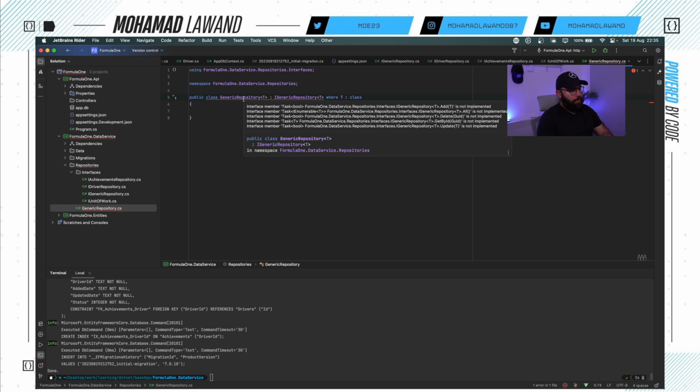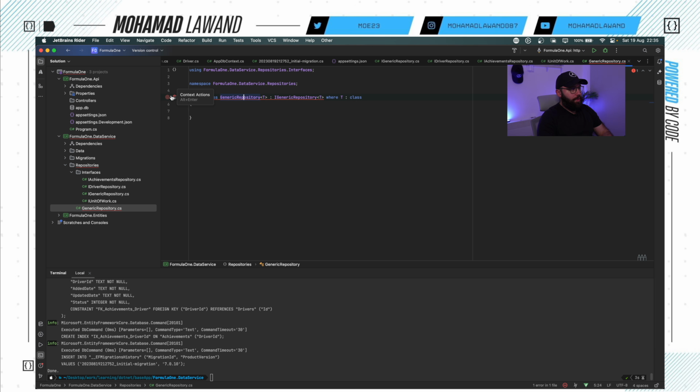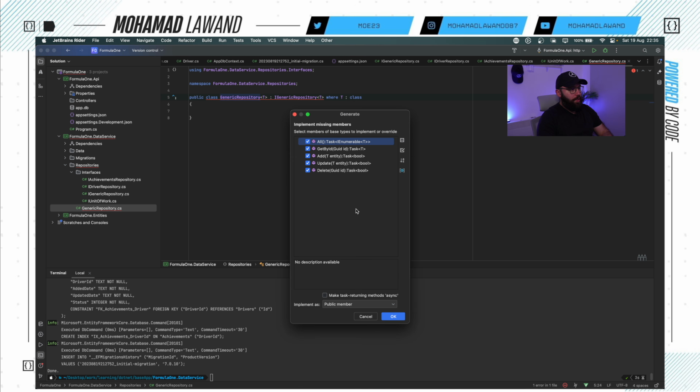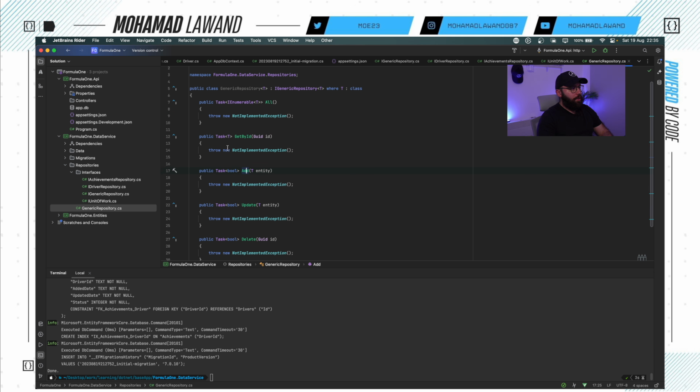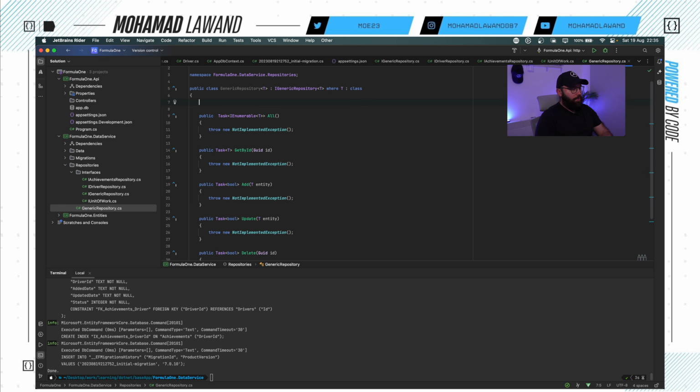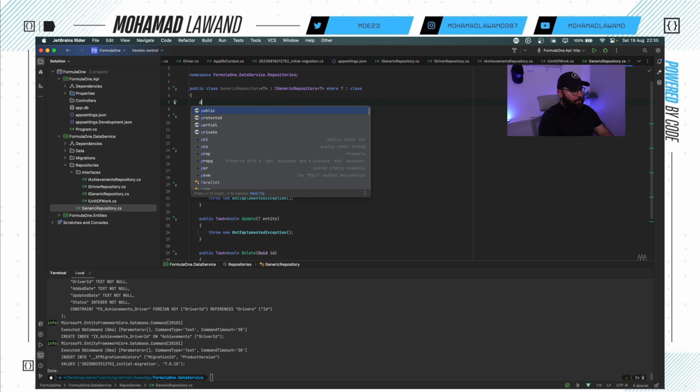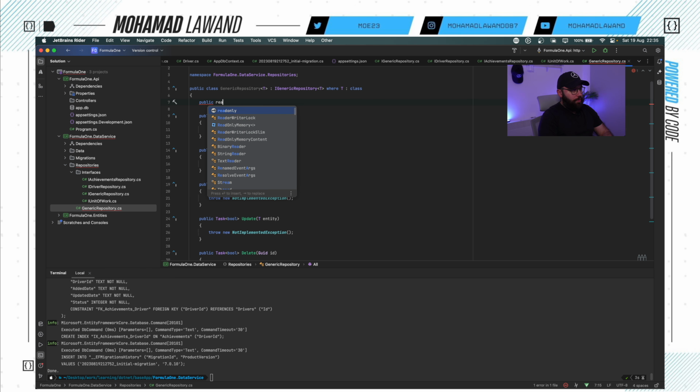Perfect. And here it is telling me that I have not implemented those methods, so let us put them all here. So now you can see I have my all, get by ID, add, update, and delete. Here I'm going to make sure that this is async. Actually, before we do that, let us connect our application DB context. So I'm gonna make it public. First of all, let's put the logger, read only